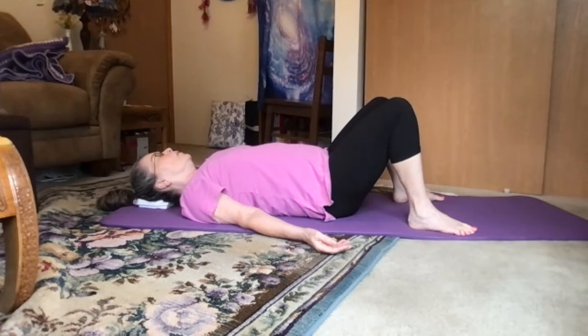elbow, shoulder, center of your throat, left shoulder, elbow, wrist, left thumb, second finger, third finger, fourth finger, fifth finger, left wrist, elbow, shoulder, center of your throat, spiritual heart center, right side of your chest, heart center, left side of your chest, heart center, navel center, center